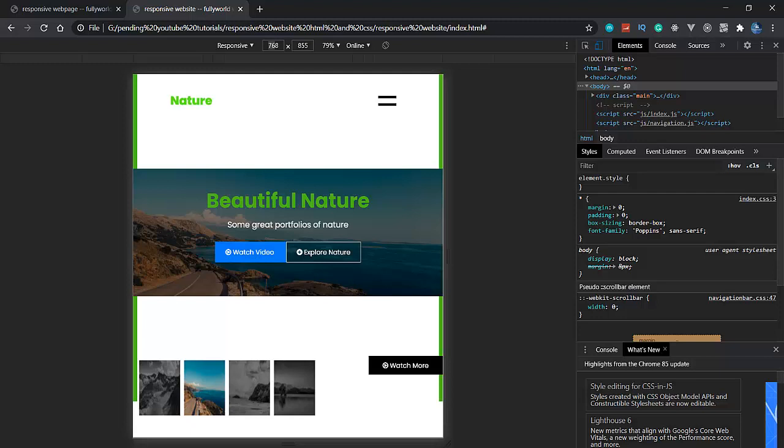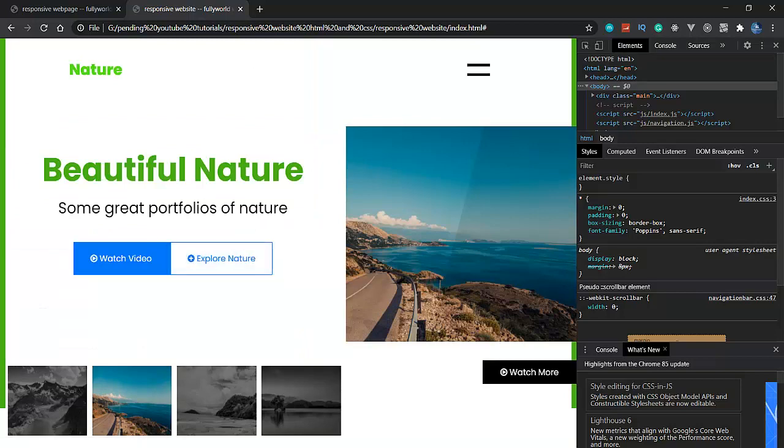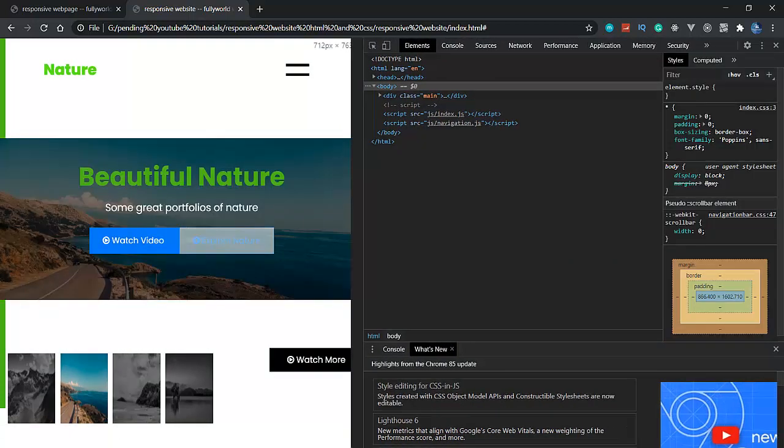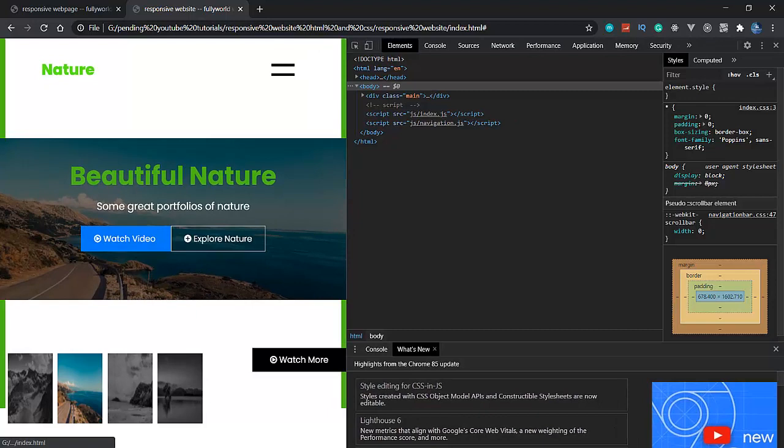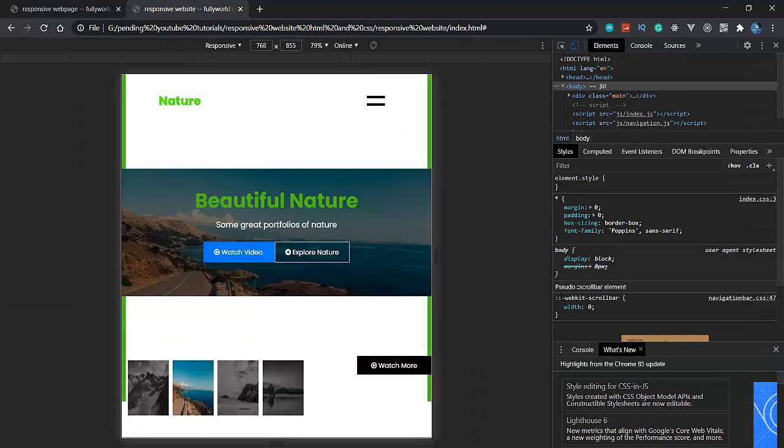So whenever we click here, hover. So actually here hover is not working. Because we are in the responsive side here, so I think that's why hover is not working here. So see that here hover will work. So here hover is also not working. So we will see that also here. So now this is looking good now. So now let's change this here. Let's change our bottom here.